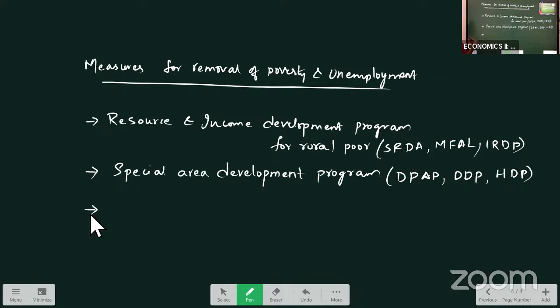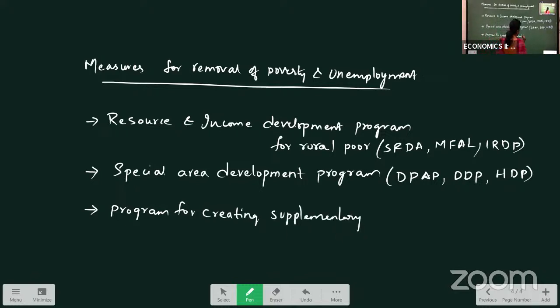Then next, program for creating supplementary employment. So the third category includes employment generation programs, such as National Rural Employment Program,